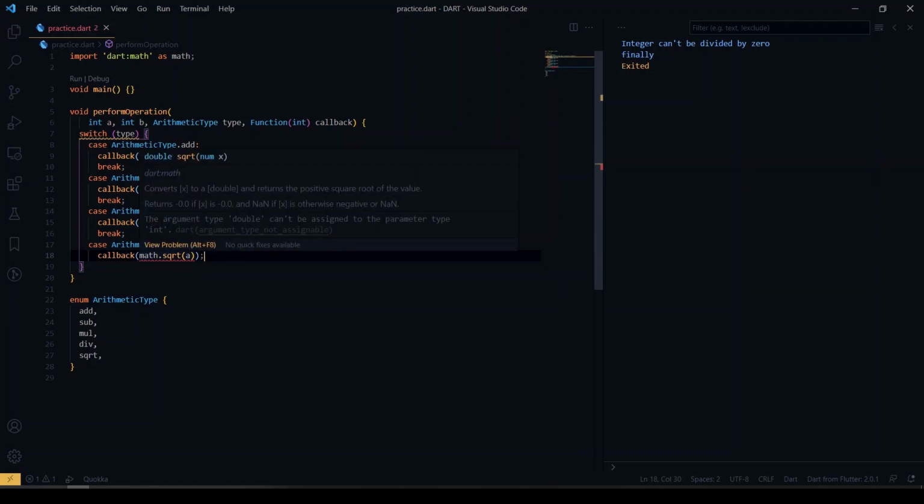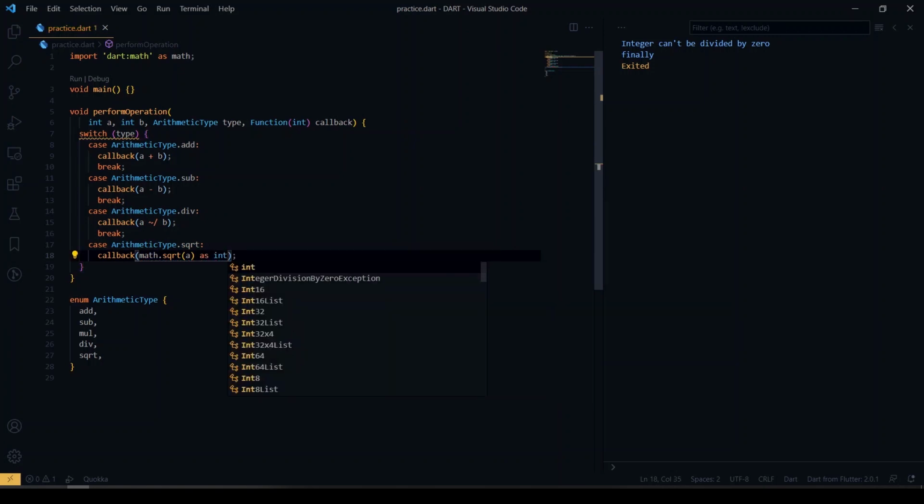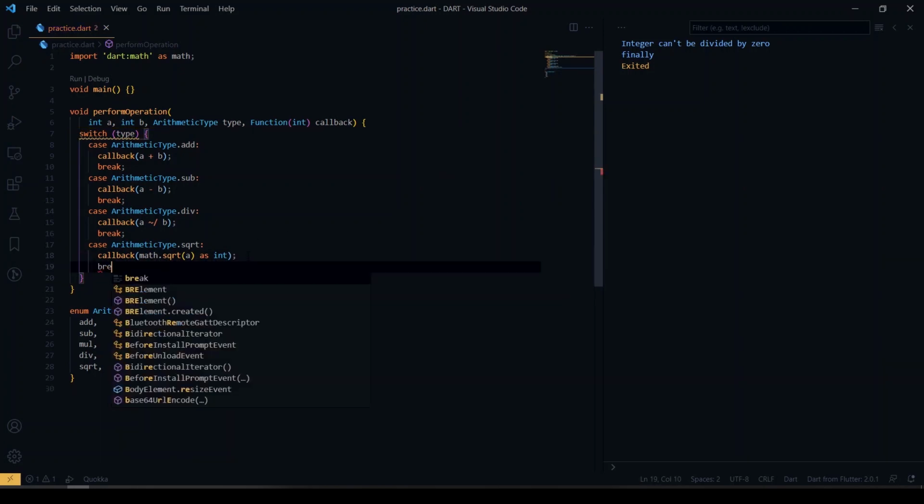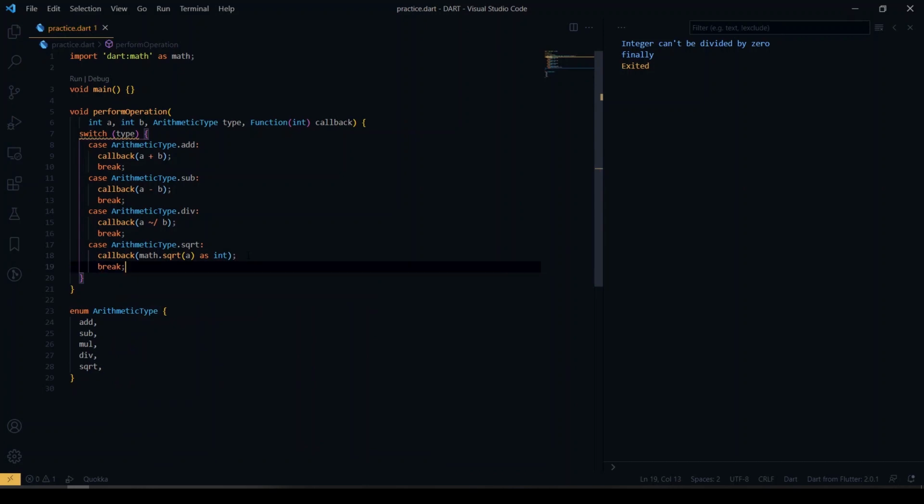So I think this will be returning a double, I think, yes. So that's what it's showing. So we'll be casting our double as int. So this will be converted double into integer here. So break, and